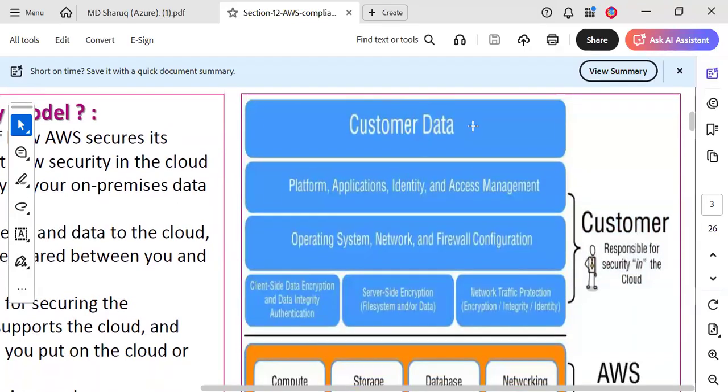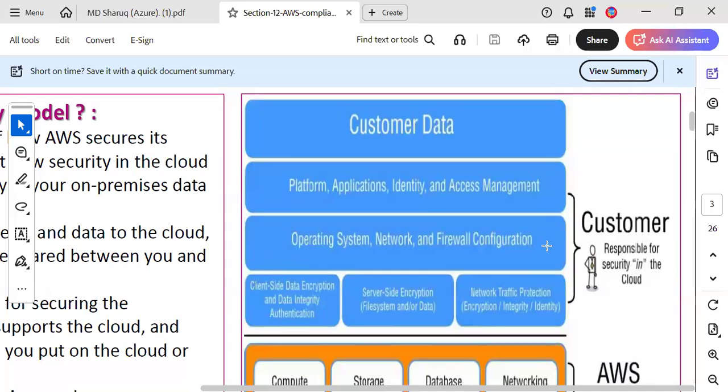See, so the customer data is there. Firewall configuration, operating system, network will all be coming under the cloud networking, VPC. The VPC topic is there separately, you will be learning it. VPC is a Virtual Private Cloud, a separate topic. We discussed networks in AWS in the introduction topic.